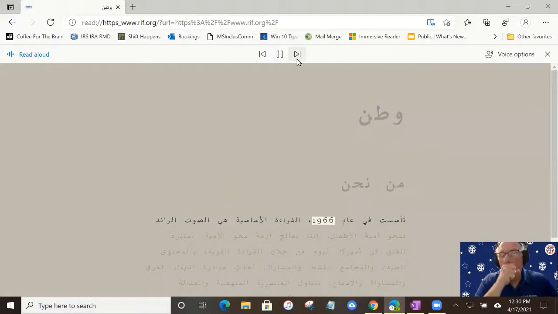Now, in the Edge browser, the read aloud is limited. You can choose a language. It doesn't read aloud in every language, although Microsoft continues to increase the number of language selections that are available. So again, this is in the Edge browser. If you see this icon on a site, that means Microsoft Immersive Reader is available. If you don't see it, you can still, with the keystroke, get access to the read aloud part of